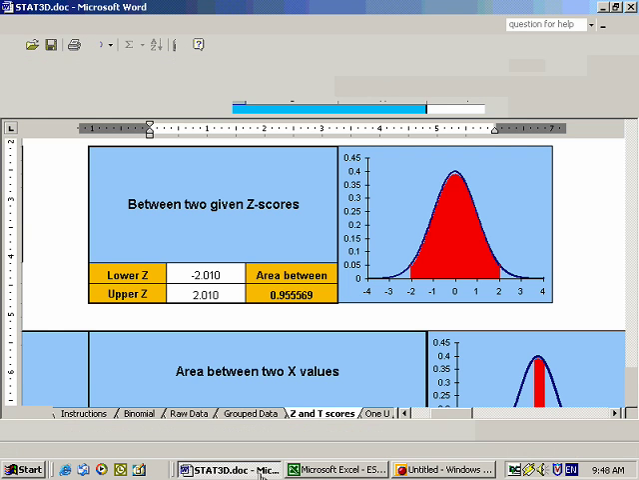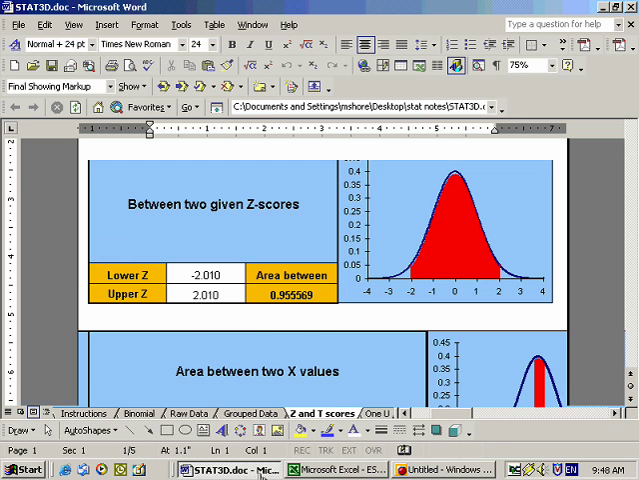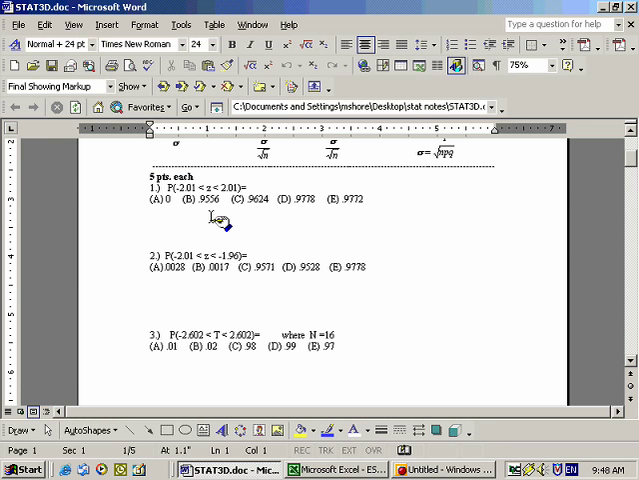And actually that turns out to be, let's see here, I believe that's answer B. Next one is between these two z values, and you would go to the same place and do that, and your answer is A. The next one is between two t-scores, so to answer that problem we would go to the